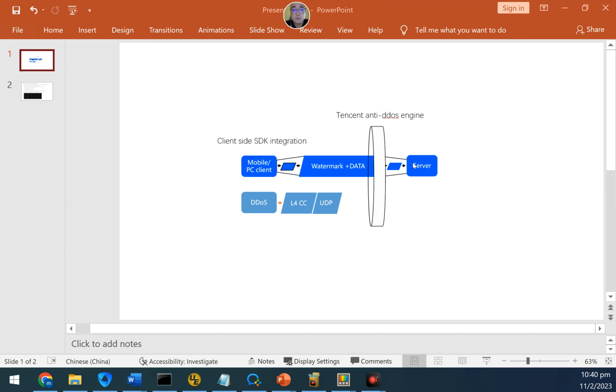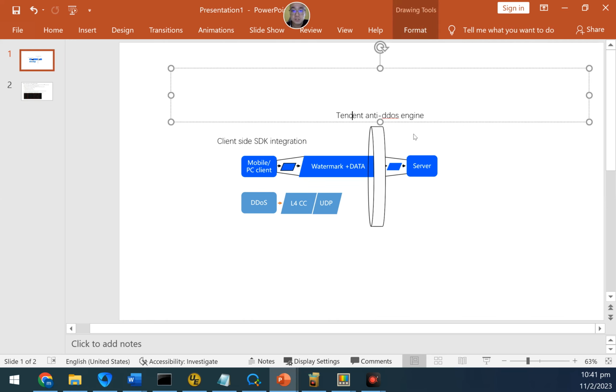With the client-side integration, all the traffic sent out by your client-side application, for example your mobile app or your PC app, will have all its egress, or outgoing, packets labeled with a certain dynamic label using an algorithmic approach, so that once the packet reaches our Tencent Anti DDoS engine on the cloud,